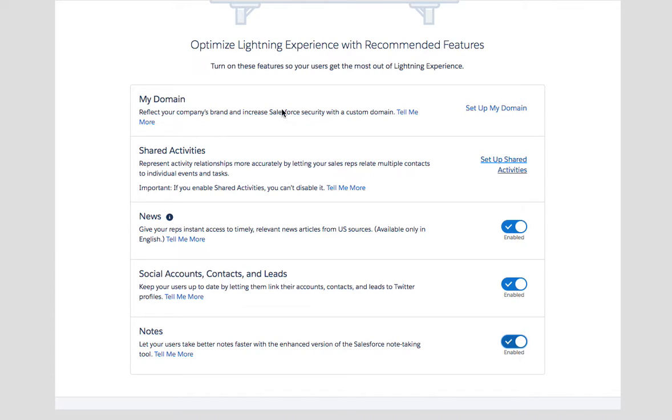Here it says shared activities, right? Set up shared activities to let your sales reps or whoever relate multiple contacts to an individual event or task, like follow up with these 25 people, or follow up or do a seminar with these 10, or invite these 5 to our dinner, right? That's what that's for. But the limit, I think, is 50 because it just displays nicely in Lightning. So once you enable shared activities,